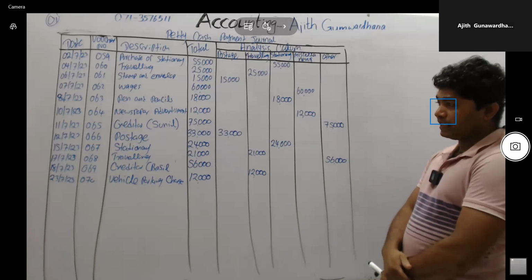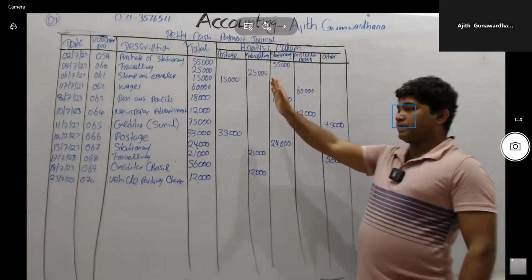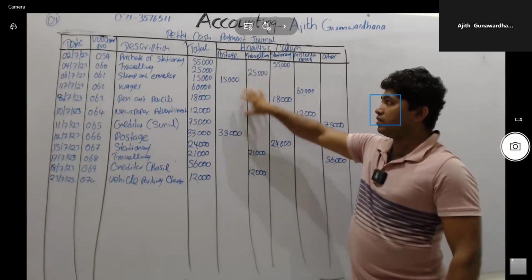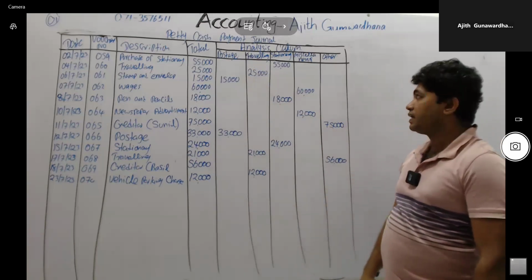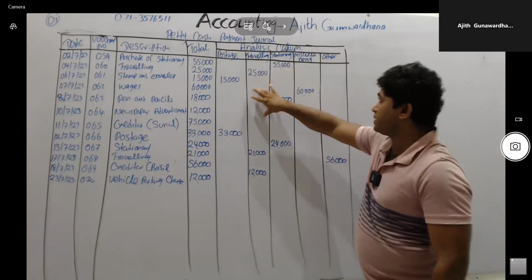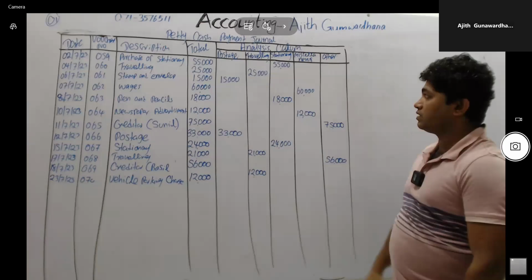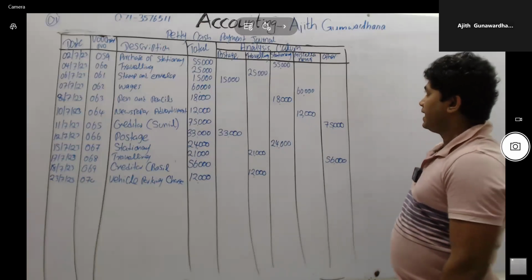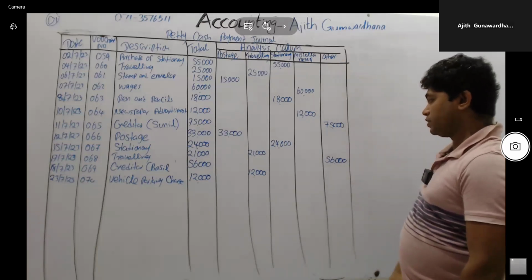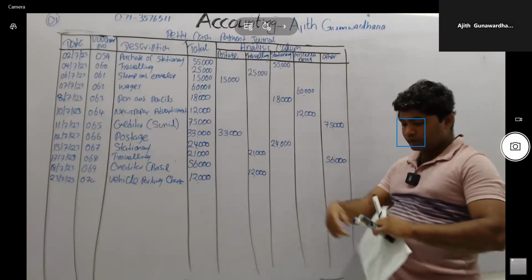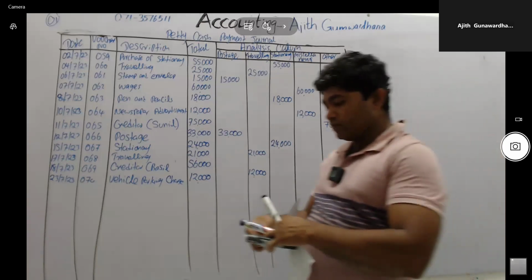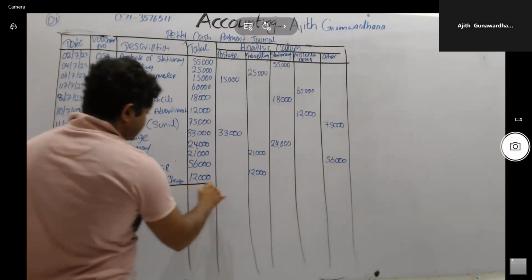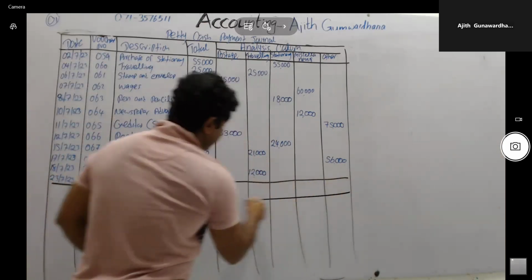Small amounts of expense paid in cash. If there are many similar expenses, you have to prepare separate columns. For an expense that cannot be categorized, we use a miscellaneous column. It is equal to sundry expense. And other columns will record payment by issuing checks. Now take the total value. After recording each and every transaction, you have to calculate the total value of each column.